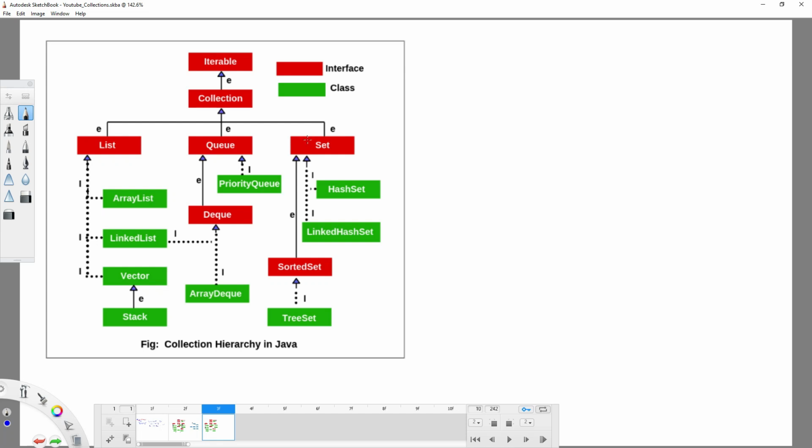Hi, welcome back. Let's see the collection interface. Guys, if you look into this particular hierarchy, the collection interface is clearly extending the iterable interface, right? So basically, iterable is an interface which is used to iterate over all kinds of collection elements. Basically, guys, if you are going to have an array,